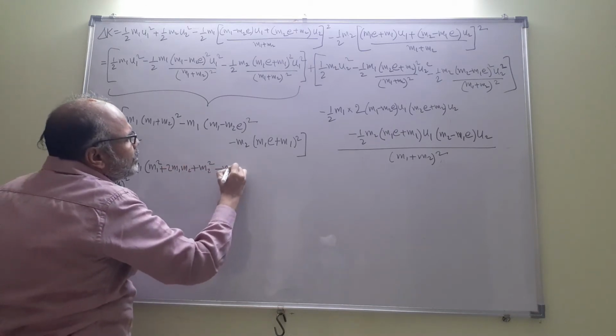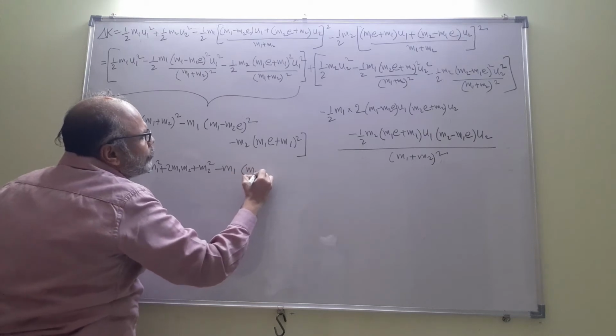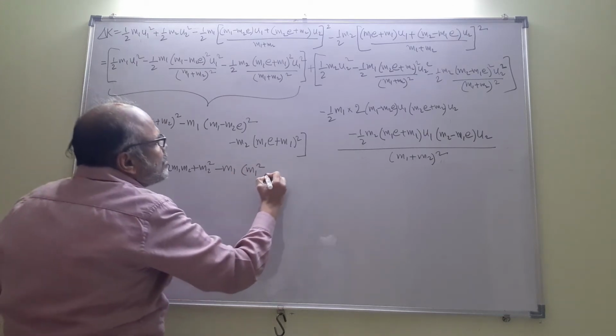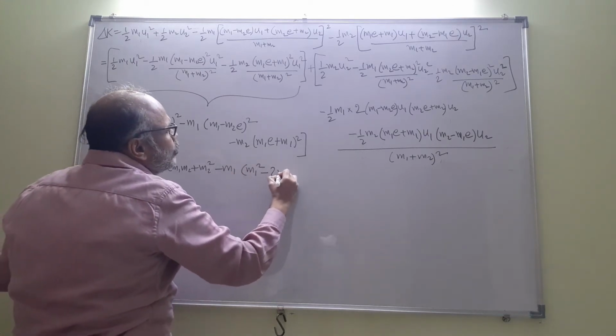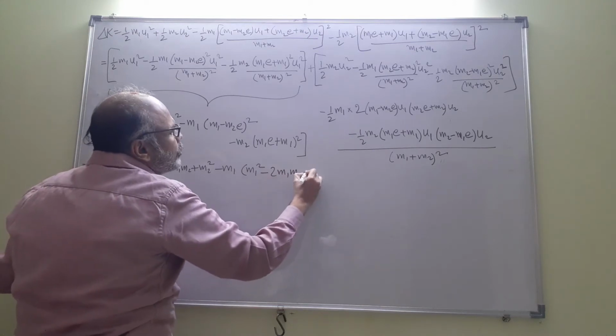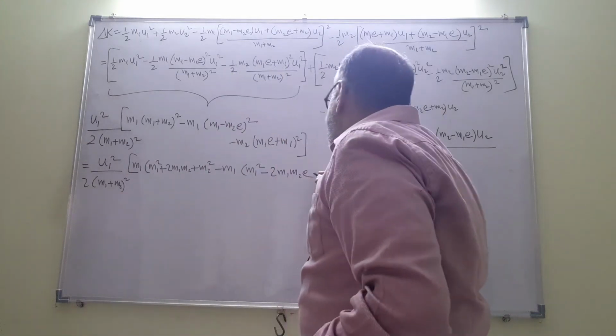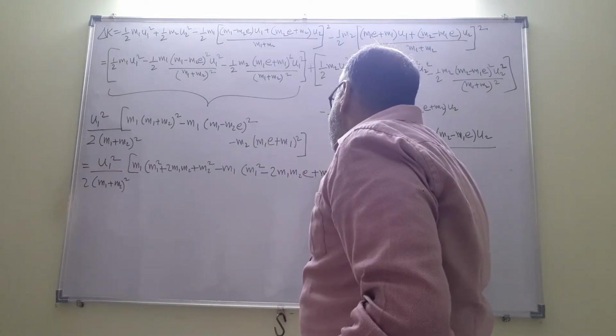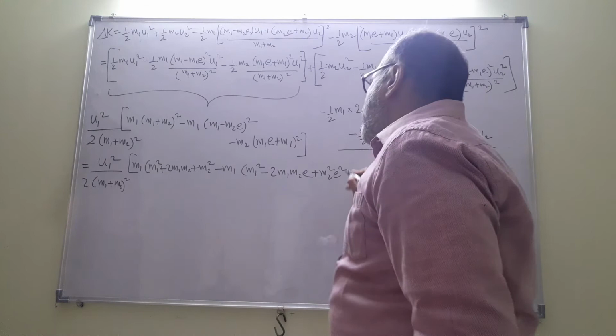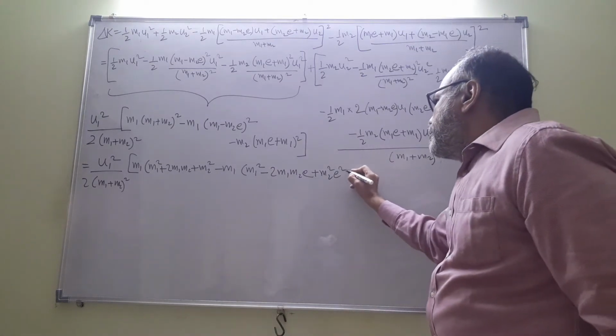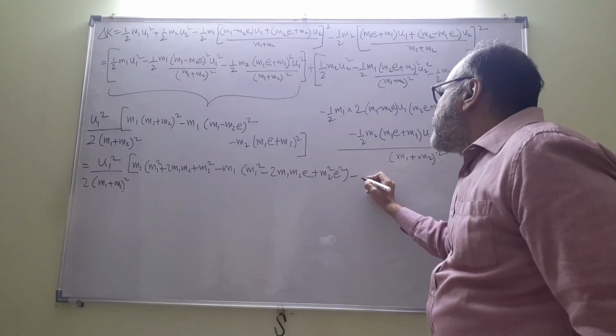This will be minus m1 into (m1 squared minus 2 m1 m2 into e minus 2 m1 m2 into e plus m2 squared e squared), and the bracket closes, minus